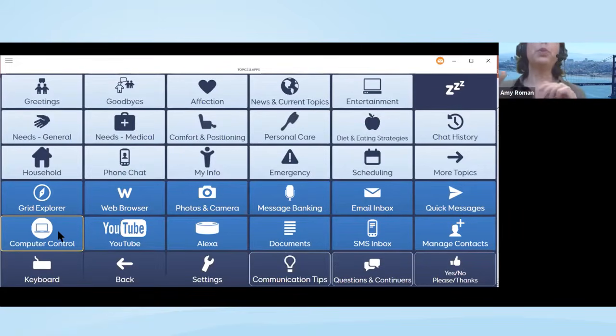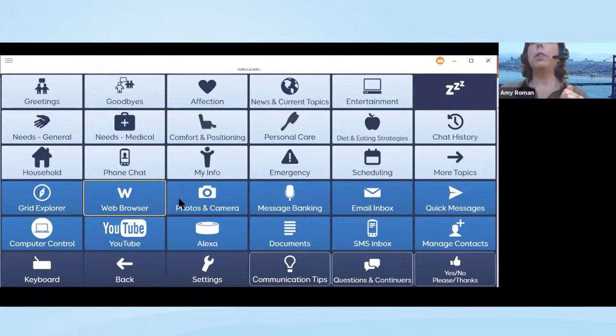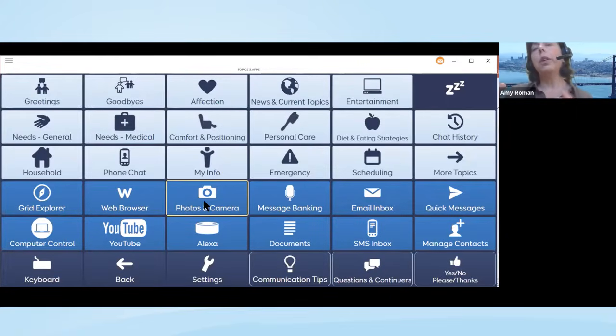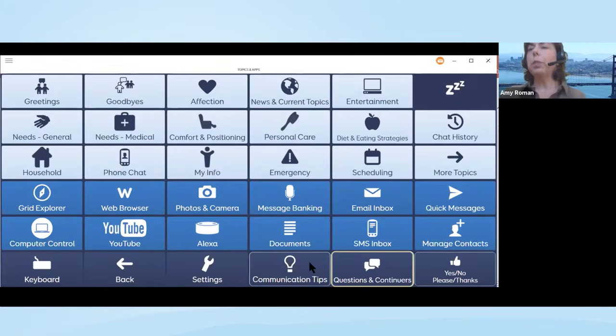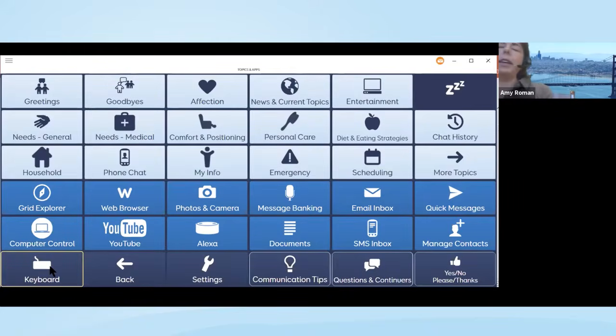So those are two to look at. There's a photo and camera location where you can take pictures. We're going to talk about message banking. We'll talk about more of these in a second. Back on the bottom, the dark blue are just some of your main navigation pages and settings, that kind of thing. So let's take a look at one of the pages and see how the phrase pages